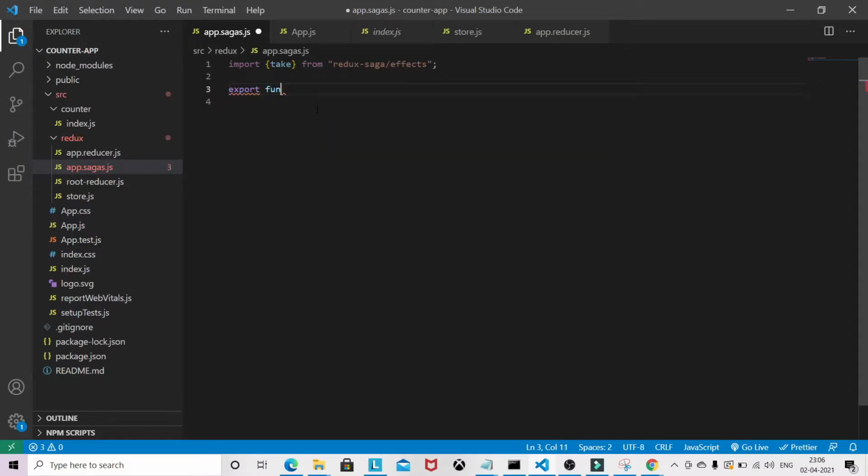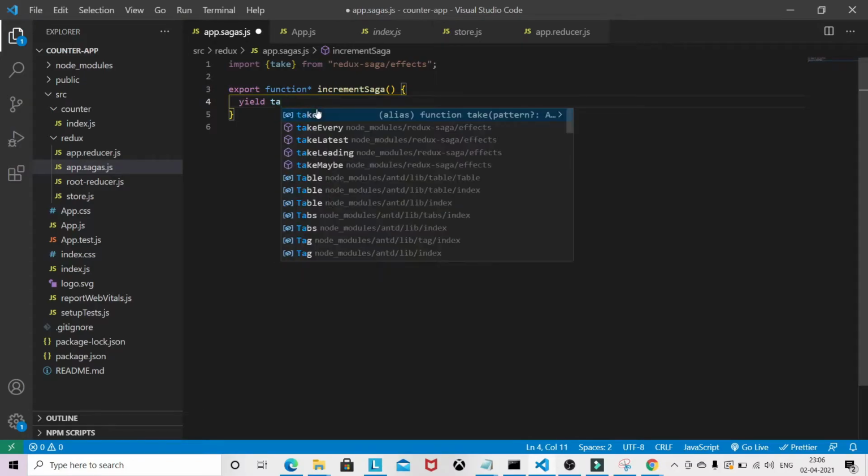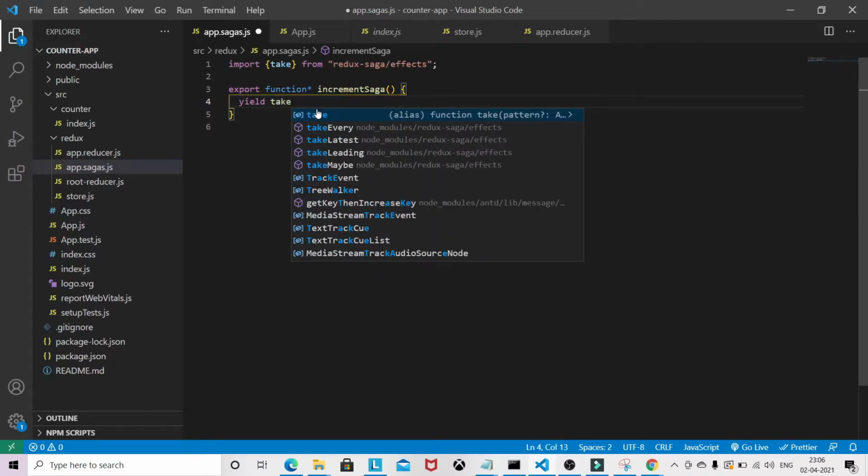So export function incrementSaga, and we yield the take function.